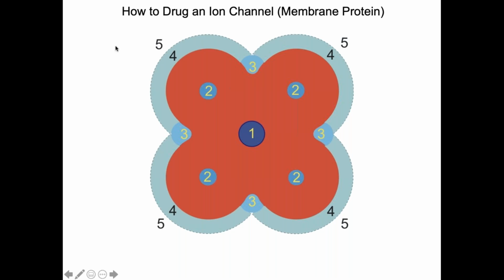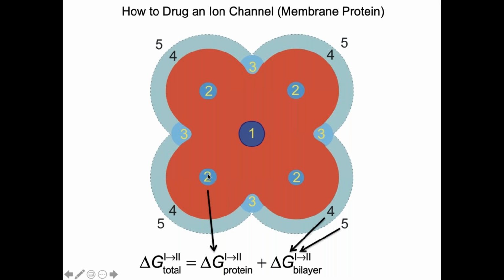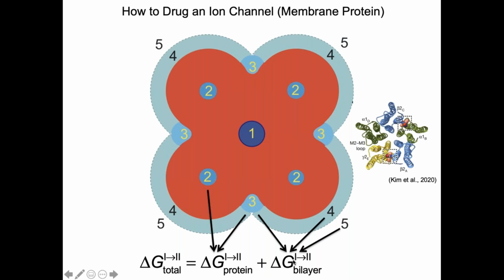And finally, we will have indiscriminate changes in bulk bilayer properties. If we now take the energetic formulation, we know that what we really care about at the end of the day is the total free energy for the conformational change. And we have that this allosteric control, of course, is exclusively reflected in delta G protein. These contributions will be reflected in the bilayer contribution,